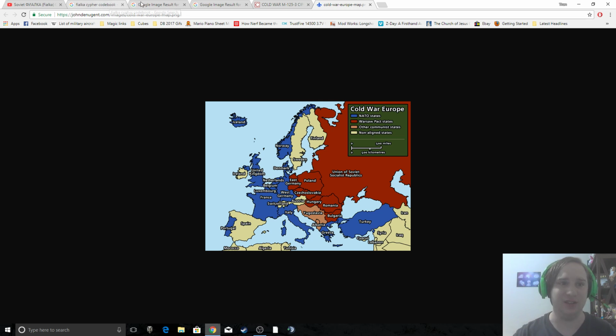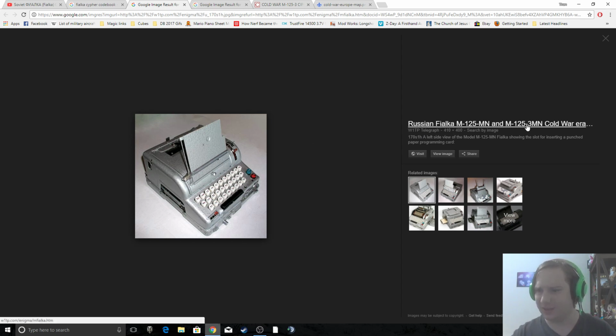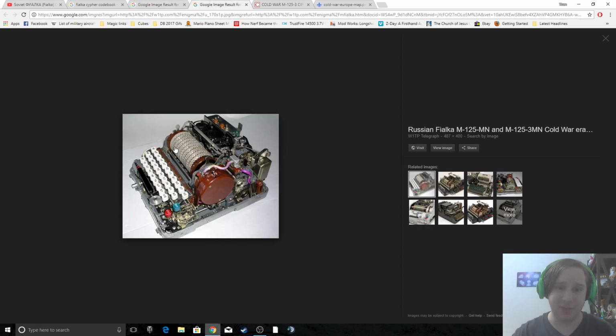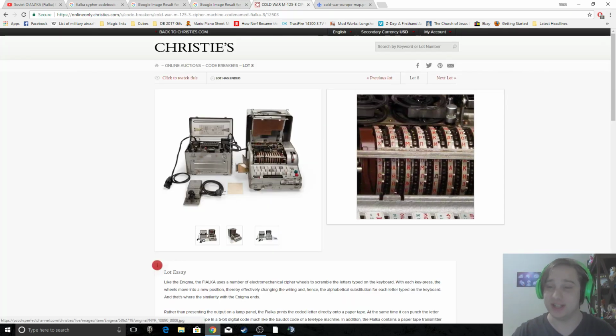messages. So the Fialka cipher machine looked like this. This is either the 3M or the M. The 3M was one that was used a little bit later, but this is what it looks like. It looks like any other typewriter, basically, except on the inside it's got all of these cylinders here. So if we actually look right into here, we can see all these cylinders, and this is the key to